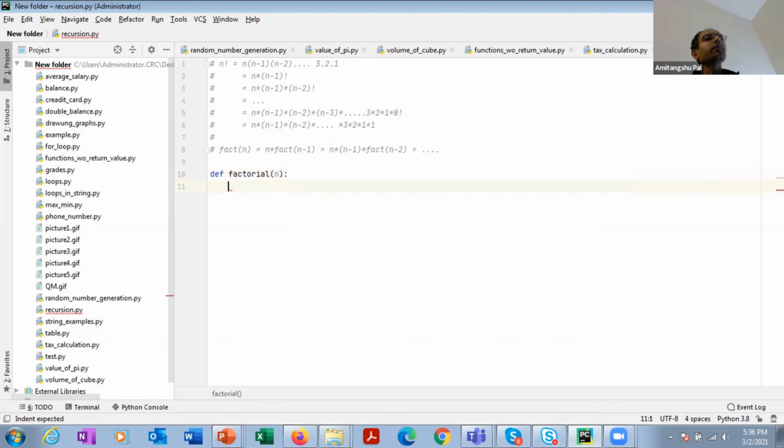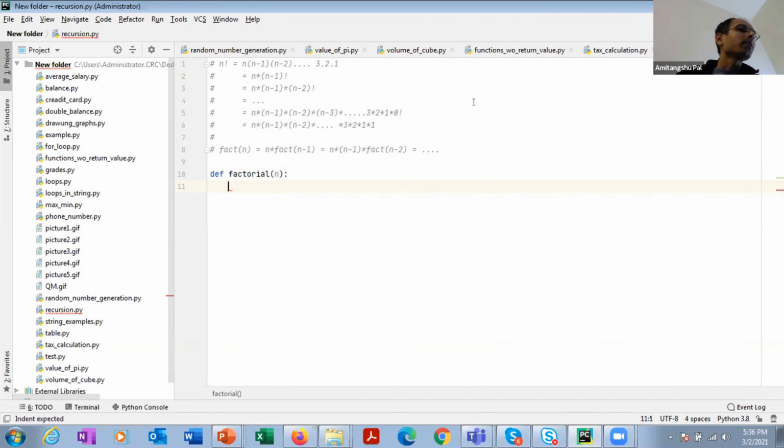Okay, and here I'm going to use the recursive implementation of factorial function. Clear? Okay, so while writing any recursive function, you need to check two cases, or at least two cases. First case is the general case, and second case is the base case.